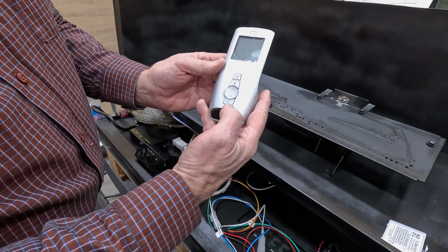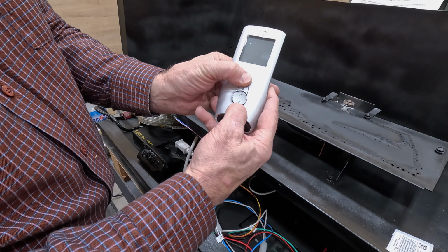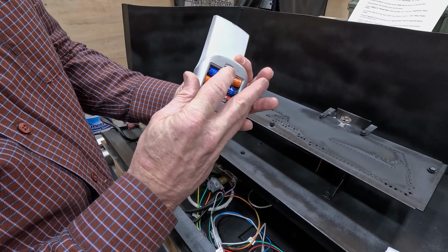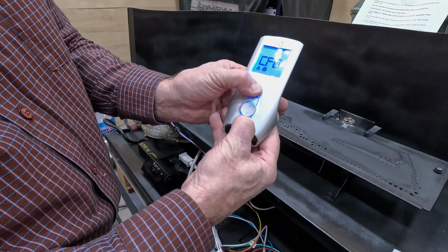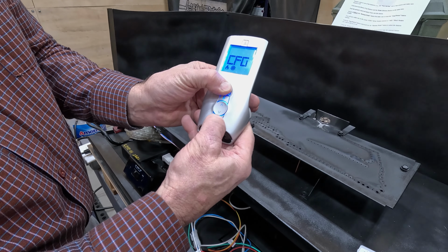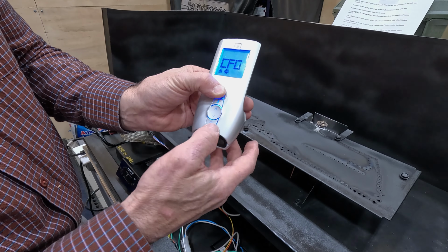Now, when you go to set your features, you're going to push the top power button and the bottom mode button. At that time, you're going to take and with your finger, pop this battery in. So I do it here, I've got the bottom, and then I just pop that in, and now you'll see we're in a CFG mode, which means configure. So release the bottom mode button, keep your thumb on the top, keep that pressed the entire time we're doing